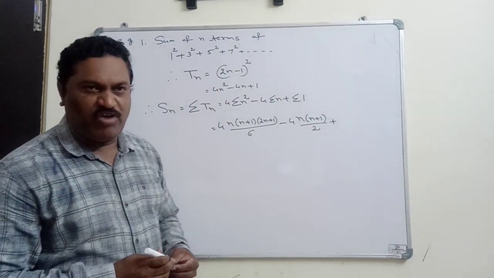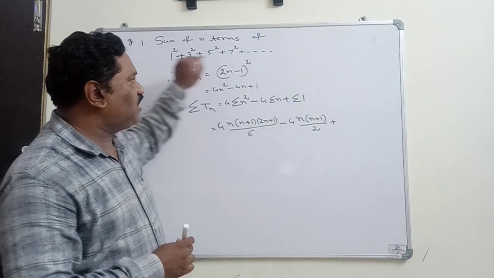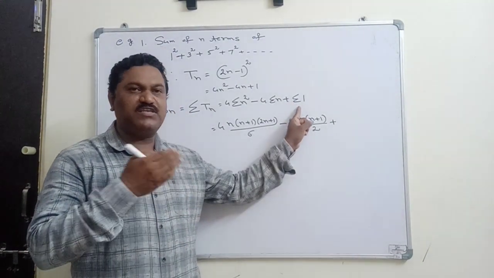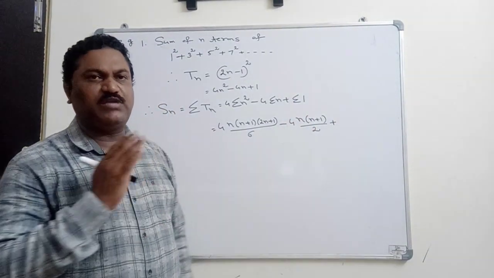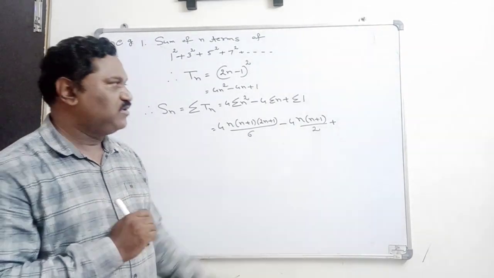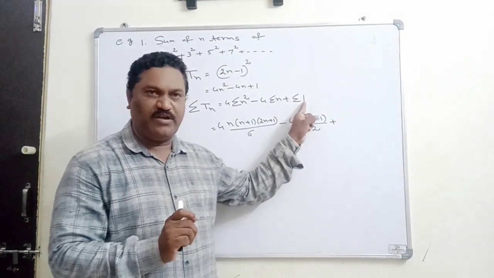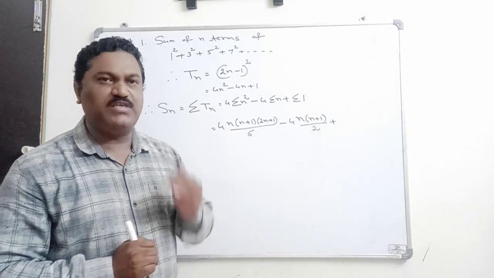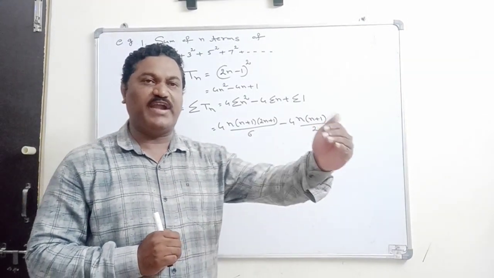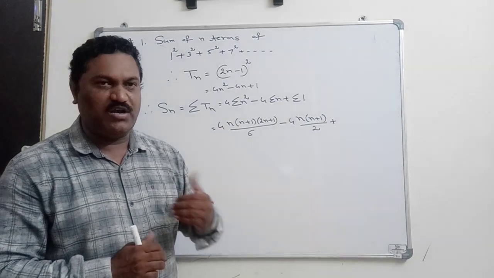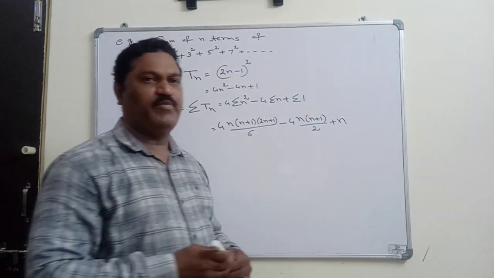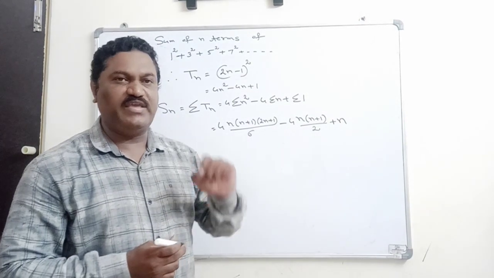what is the value of sigma 1? Sigma 1 means inside the sigma, because we are going to find the sum of the n terms, if we expand the sigma, every sigma expansion will have n terms. And here 1 is the constant, that 1 is available n times in the summation, that is 1 plus 1 plus 1 plus and so on n times. We are going to add that 1, so that always gives n only. Remember that sigma 1 value is n.